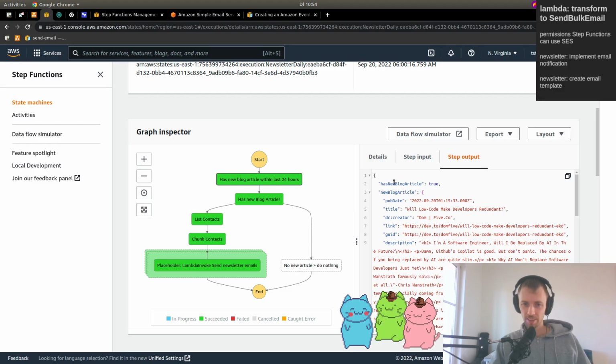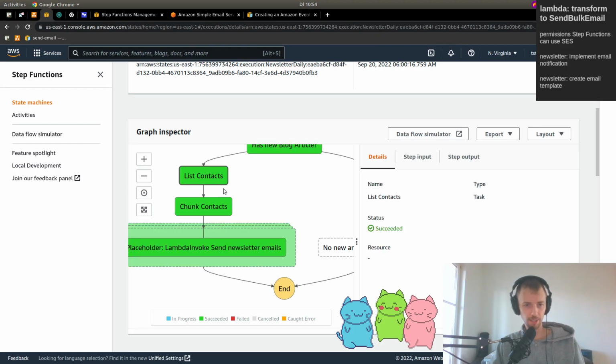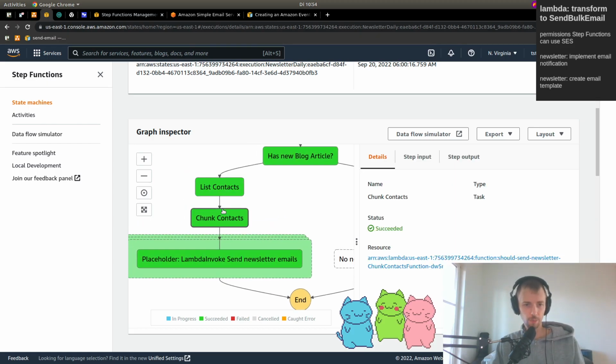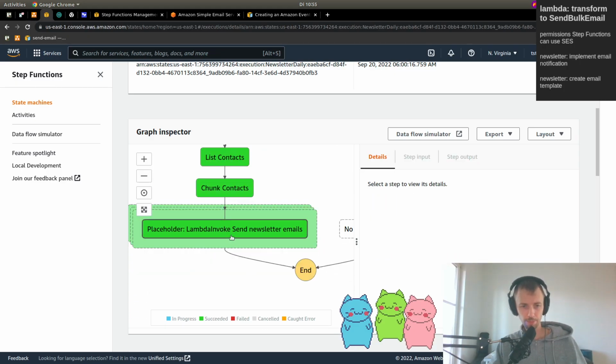So we now know, when we get into this part here on the left, that we have a blog article, and we know the data from the blog article, so that we can put it inside of the template email. What we do next is get all the contacts that we want to send emails to. Then we chunk them into small bite sizes, because of our API on SES. This is currently only a placeholder, but we will be using